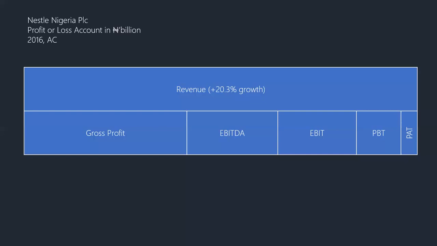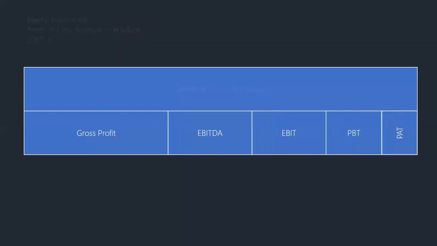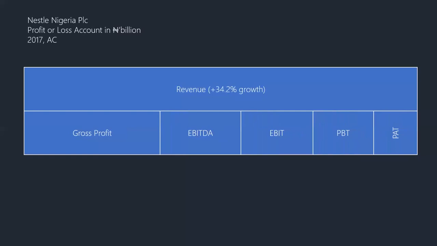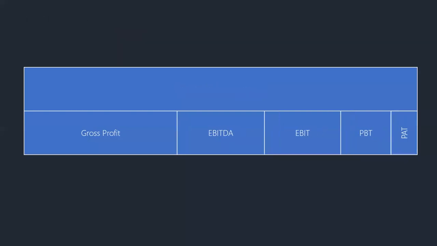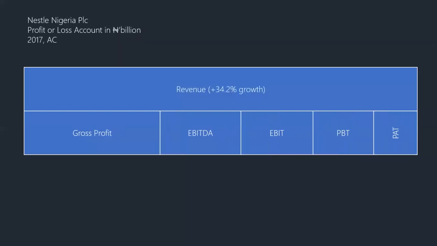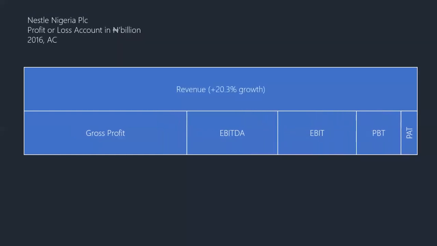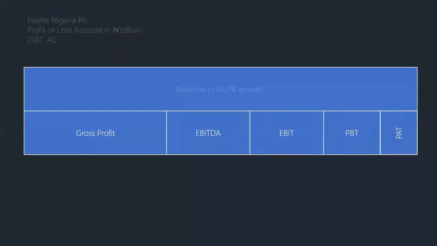So this 2016 for Nestle, I just picked those variables to create this shape. Now 2016, look at 2017. This is what happened to them in 2017. Now, so that you understand the story, their revenue between 2015 and 2016 was 20.3. This is the proportion of what they have. This is their profit after tax. Now we take a look at 2017. Look at what happened in 2017. Revenue increased significantly, 34.2. On the general understanding, as revenue increases, everything is supposed to increase as well. At least they're supposed to still maintain that profitability stand as of 2016. But you can take a look at what happened.